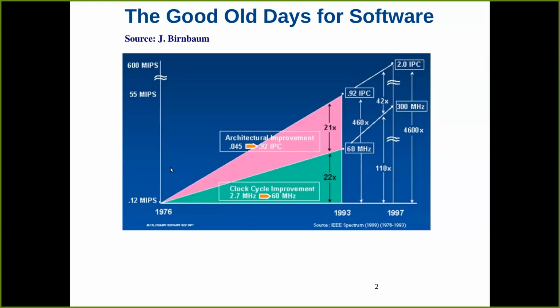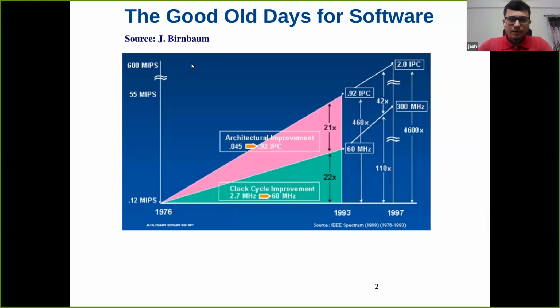Yes, yes. Yeah, so this is the graph in which we can see that the x-axis has the millions of instructions per second and the y-axis has the years. So this graph shows that from 1975 up to 2000, there is a significant improvement in the number of instructions that were executed per second by a particular core. And the reason behind this is that